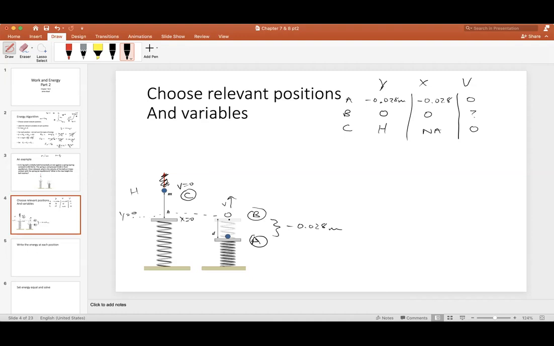Okay, so we have our variables. That was the second part of our algorithm. This was the hard part though, because once we've figured out what our variables are at the different positions, the only thing left is writing our energies. And those, we can turn our brain off, right? For EA and EB and EC, we write all three types of energy. MGYA plus MVA squared over 2 plus